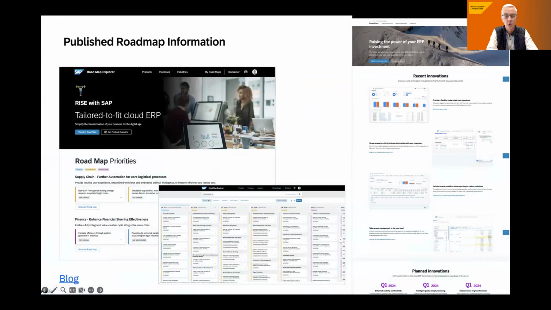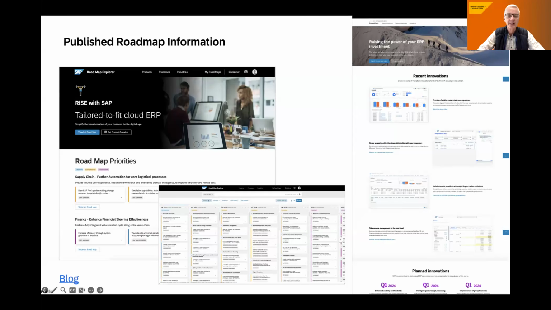We've been publishing roadmap information, what is coming up next, in PowerPoint formats and PDF formats. For the last 2 or 3 years now, we have stopped that, and we are publishing all roadmap information through one centralized tool, one platform, and that is our Roadmap Explorer, in which you can filter.